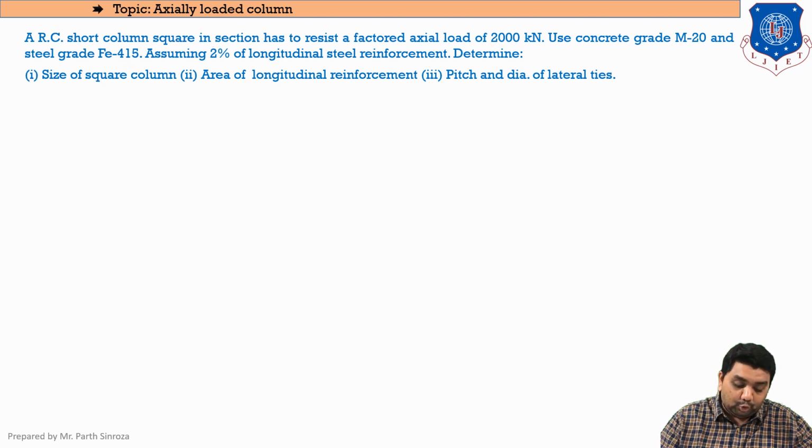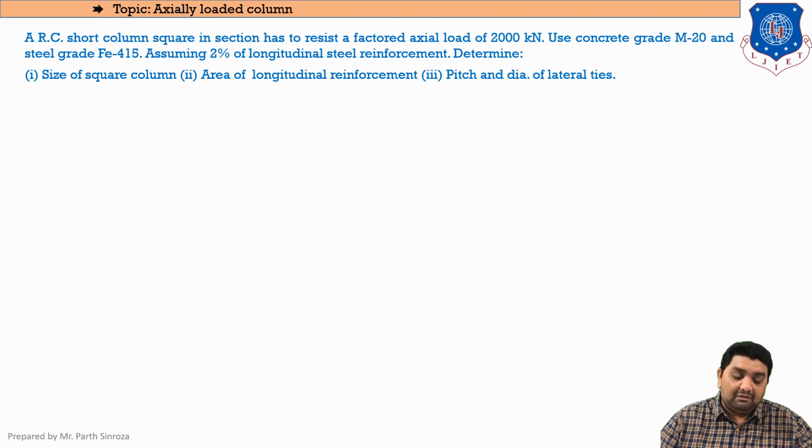Now what do you mean by 2% of longitudinal steel? As we discussed in the previous session, there are some criteria or limitations regarding the percentage of steel content in columns. The minimum that we need to take according to our IS code is 0.8%, and the maximum that we can apply is 6%. In most sums, this percentage of steel content is already prescribed, and if it is not prescribed in the question, you can assume a value between 0.8% and 6%, and generally we will follow the criteria that we will discuss later on.